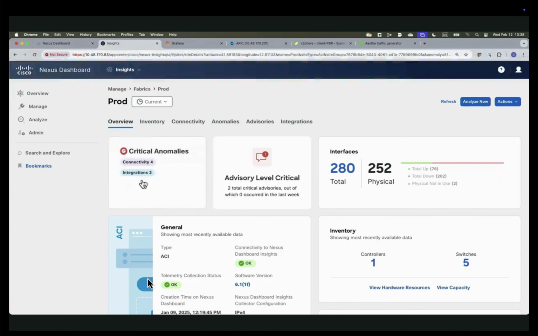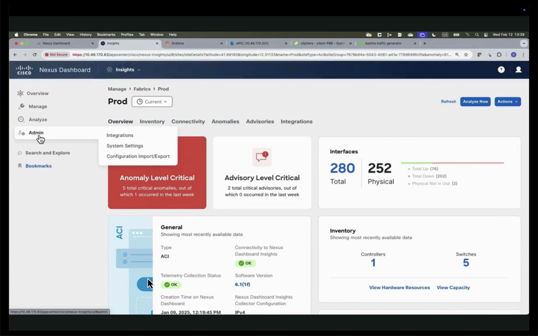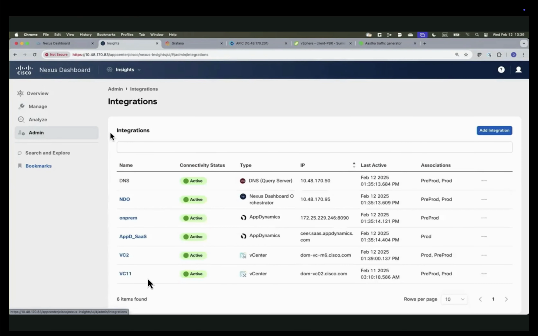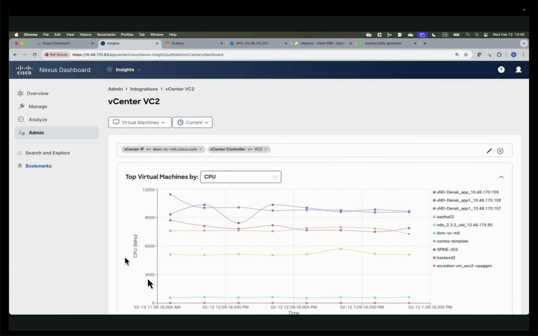So this is a bit of a generic overview of what we can see from here. If we go to our integration, just to give you an idea, when I was speaking about how we integrate with DNS, here is where you would integrate anything that is external. You can also see that we are integrated with things like AppDynamics, NDO, as well as vCenter. If you click on any of the integrations, you can drill down and see info, for example,